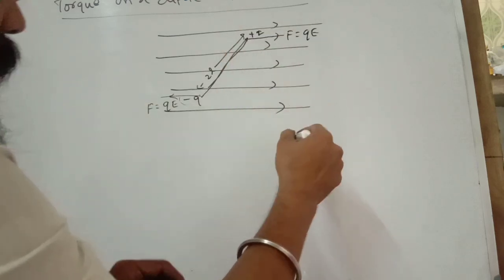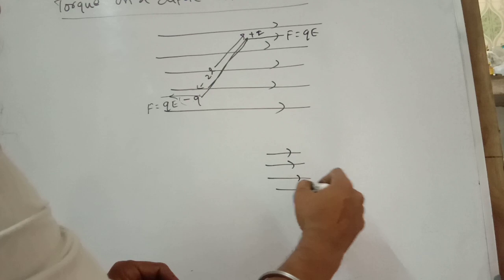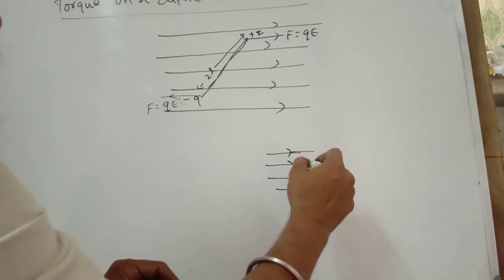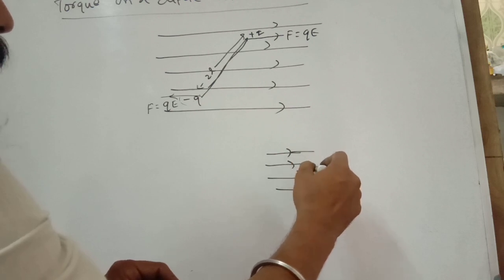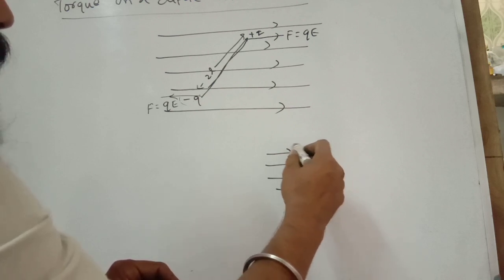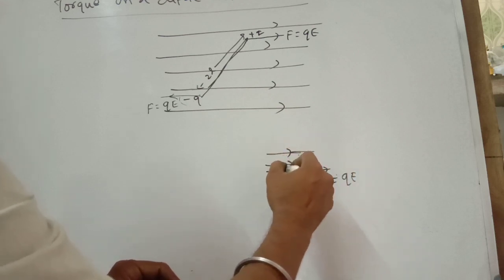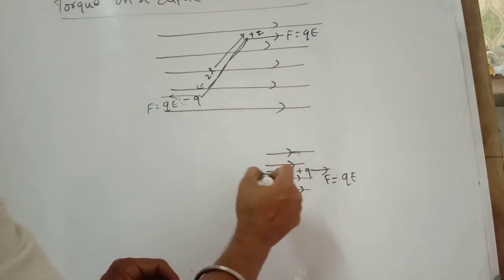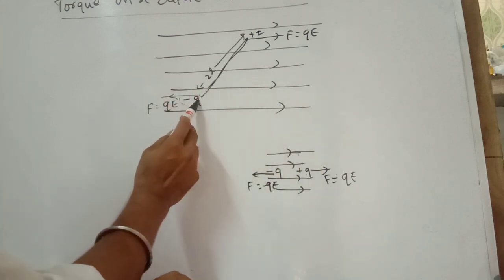I already told you in the last class and in previous classes, when any charge q is inserted inside an electric field, there is a force experienced on the charge q by the electric field. When it is a positive charge, the direction of force will go in the direction of the electric field. The amount of electric force on the charge is F equals qE. If a negative charge is placed in the electric field, it will also experience a force on the minus q, but its direction is opposite to the electric field. So here F equals minus qE. So here the minus q, here the plus q.